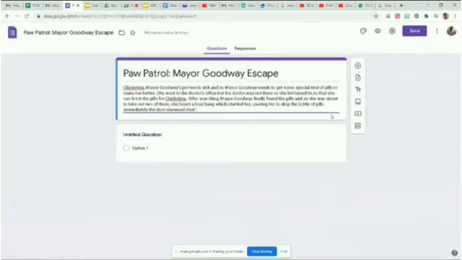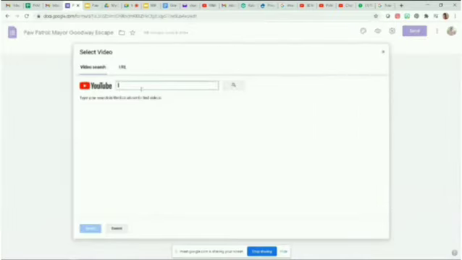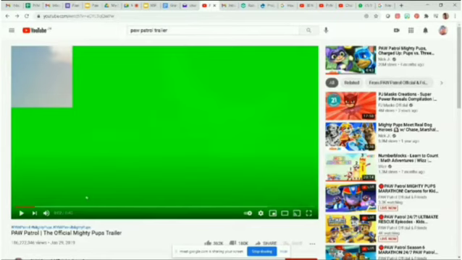And what I find is also fun too is to insert even a little trailer. So if you use, say, something from Paw Patrol, you can get a trailer that might match what you're doing, so the students can have a feeling of what this escape room will be about. So I will go here to my right and I'll select add video, and here you can find it on YouTube. So already on YouTube, I searched previously and I found this 40-second trailer. You don't want it to be too long, so I found this 40-second trailer, and I'm now going to copy the URL,